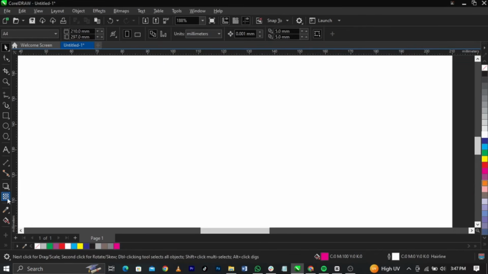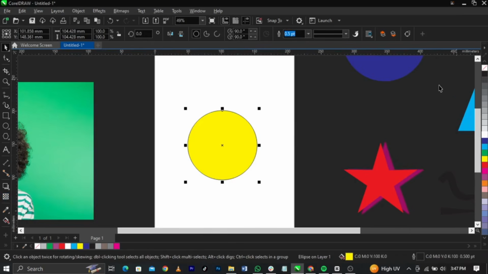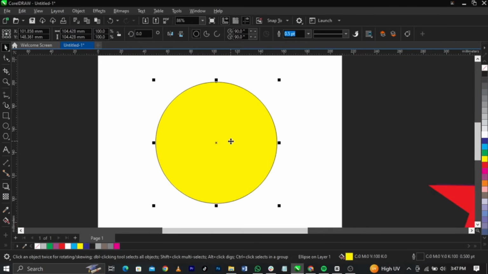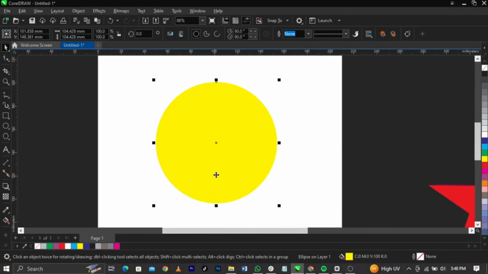So we have transparency. Transparency is used to partially reveal image areas underneath the object. If you're conversant with my class, I always tell you guys, transparency is used to either reveal or hide. So let's now experiment with it on this. So now let's select this image using our pick tool. So right about that, if you want to hide part of this circle, what are you going to use? So your brain should tell you, okay, I'm going to make use of